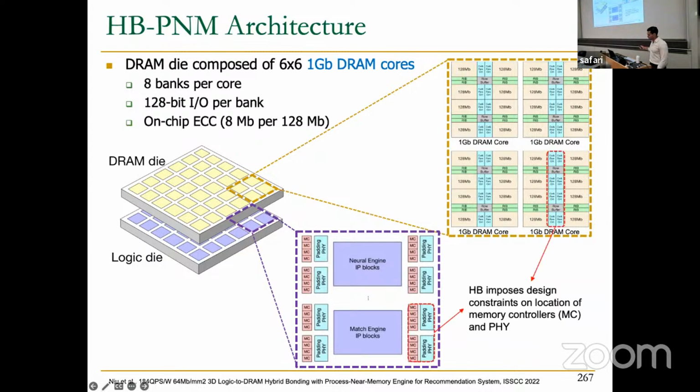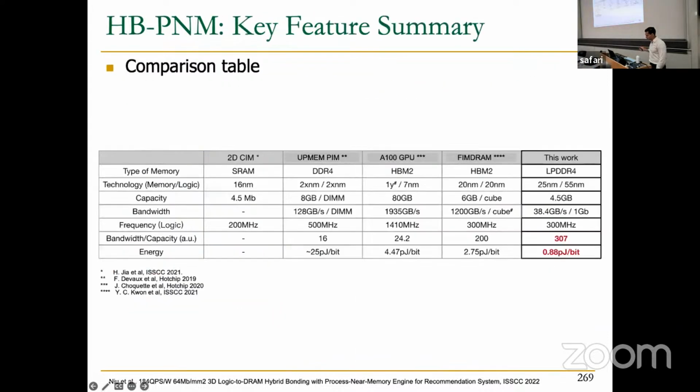They are targeting recommendation systems, again similar to the previous architecture. Again, they have a comparison to the SIMDRAM architecture and the UPMEM, and now they are using low power DDR4 DRAM instead of HBM. They are manufacturing this at a little bit higher technology nodes. The density is 4.5 gigabytes per chip, and their frequency, again, is a bit low. Again, I don't know why it's so low, because those are manufactured at different nodes.